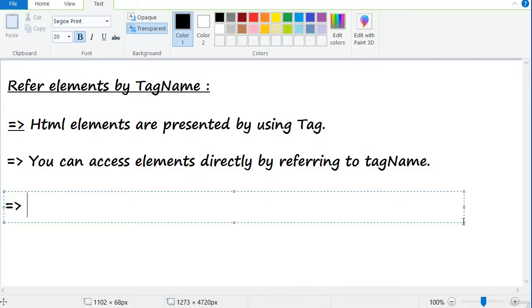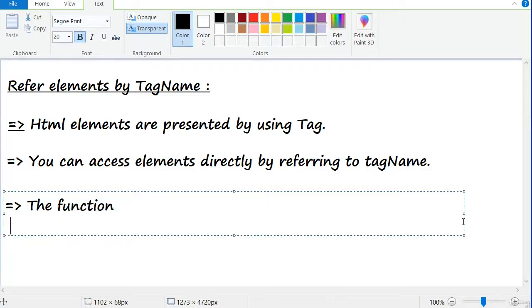We have a predefined function to refer elements by tag name. We will see that the function, document dot getElementsByTagName.